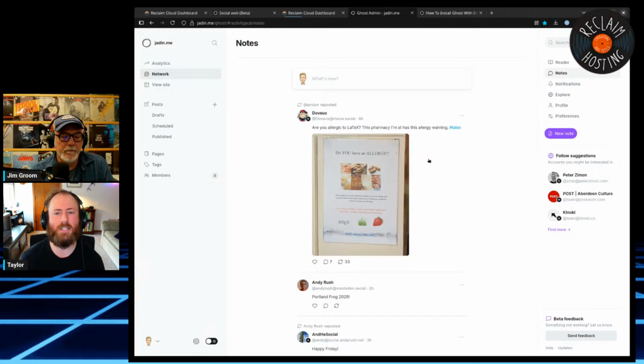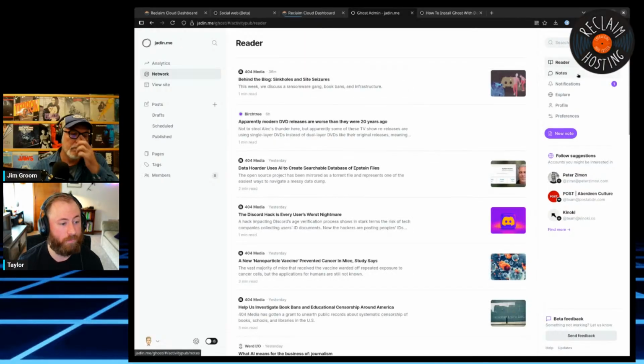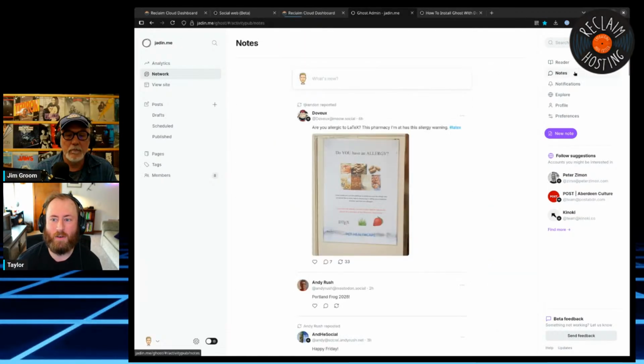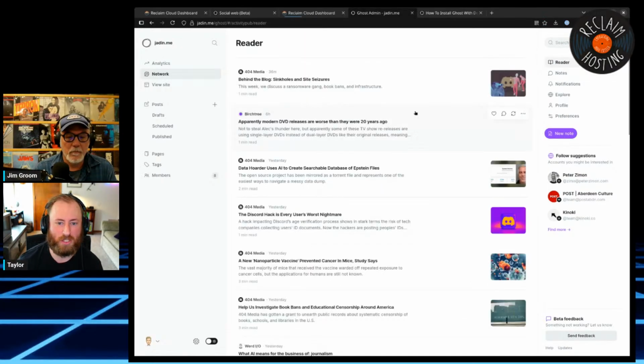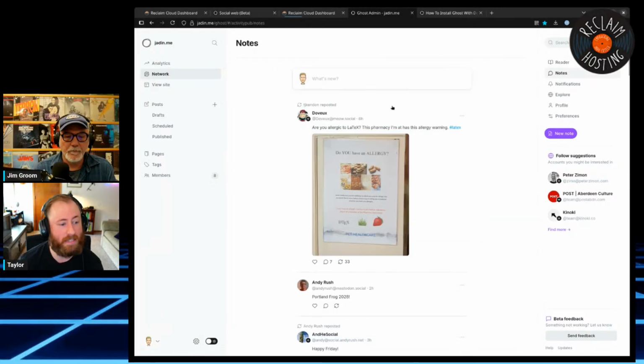They've alluded to the fact that they're trying to work with the team that works on ActivityPub at WordPress to have a way for those to also show up in Reader, which is kind of cool. But right now it's just Ghost stuff here. And then notes is essentially their tweets, their Mastodon posts, that kind of stuff.